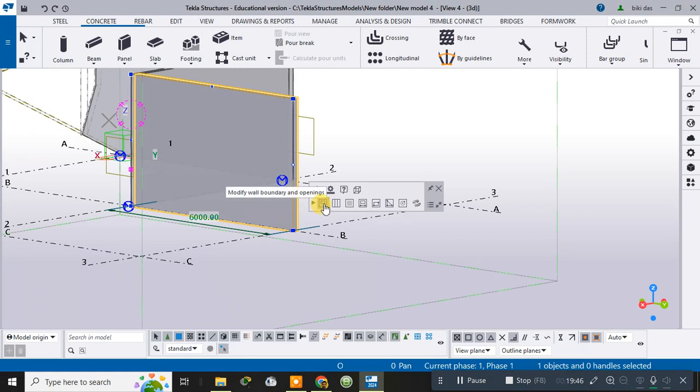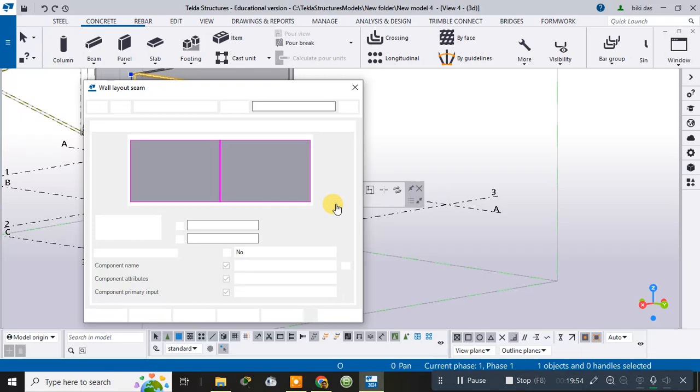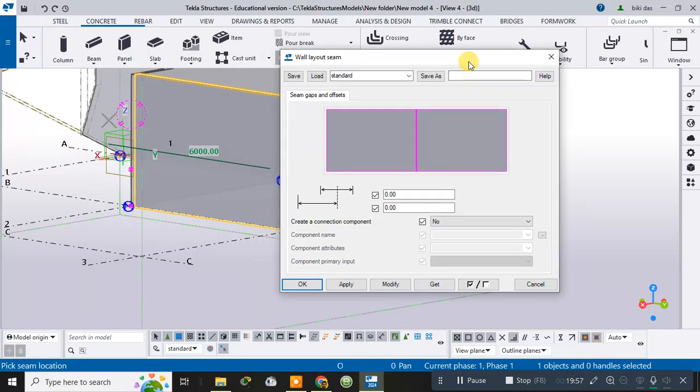If you show this, there is modify wall boundary and opening. What is this one? Modify seams. Suppose I click on modify seams, then this menu arises. Modify seams means if I want to show a kind of line intersection between the walls, then suppose I create an intersection of 200 mm between the lines. See, this one is the 200 mm intersection. It's very high, huge. Suppose I show the intersection of only 100 mm. Okay, now at a distance of suppose 100, I'll apply it,